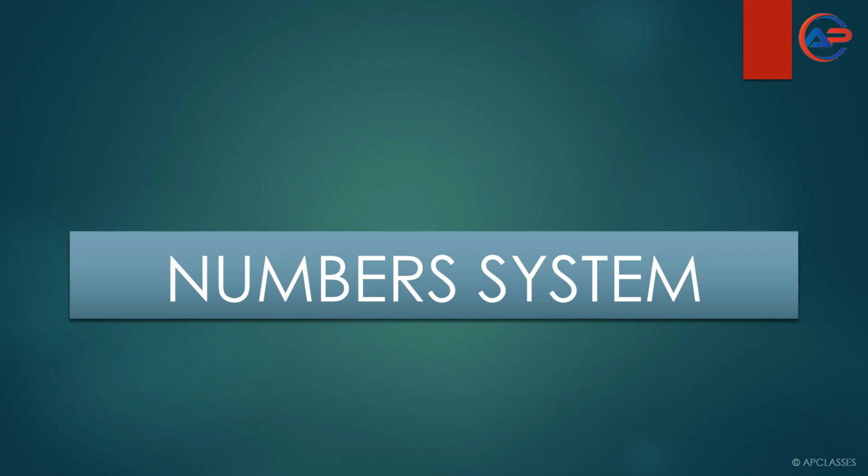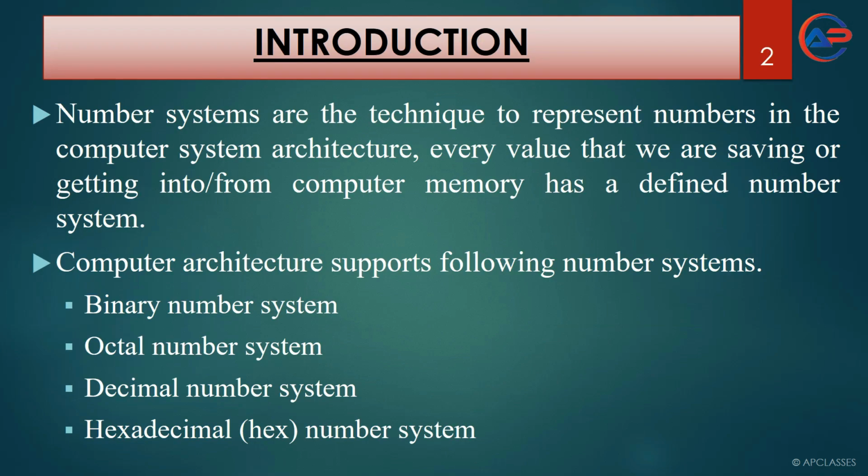In this video tutorial, we are going to discuss the different number systems that are used in our computer. When we discuss number systems, basically we have the binary number system, octal number system, decimal number system and hexadecimal number system. Whenever we have to read about number systems, we have to read about these four. We will discuss in detail each and every number system that is being used in our computer.